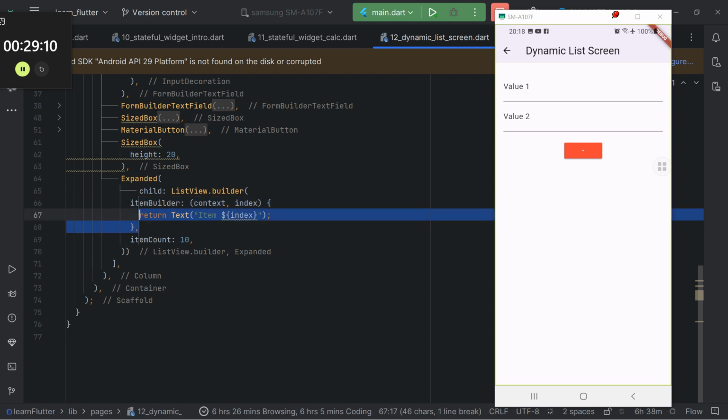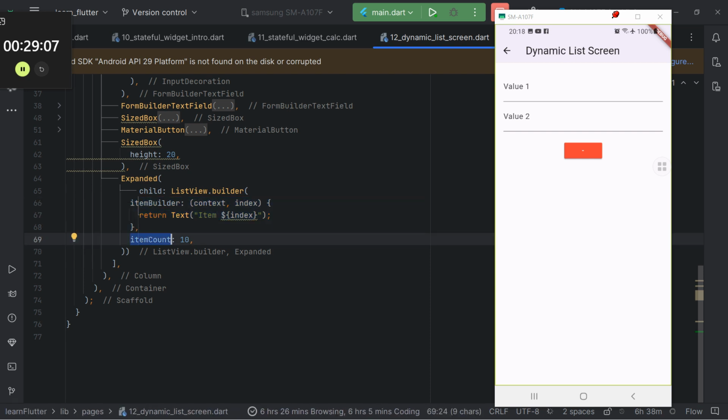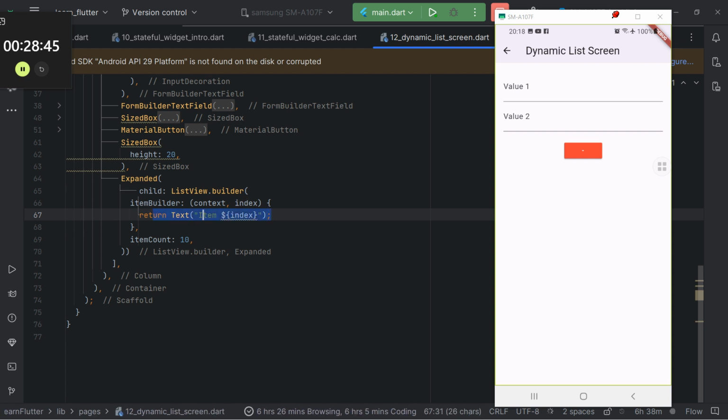Then after that, it takes another parameter called itemCount. So itemCount is the number of items that you need this list to repeat. You can put any number here. It means this is going to be the total number of items in your list, and this is the single widget that is going to appear every time the list loops. So it's going to display an item, and this is the index. Every time you loop, it gives you the index where that particular item is being